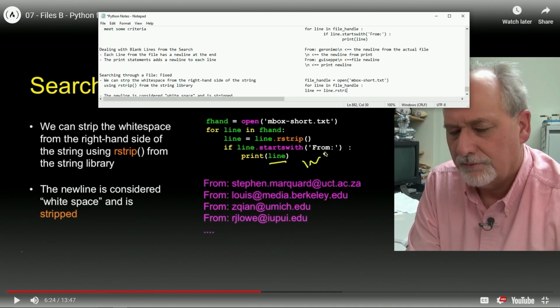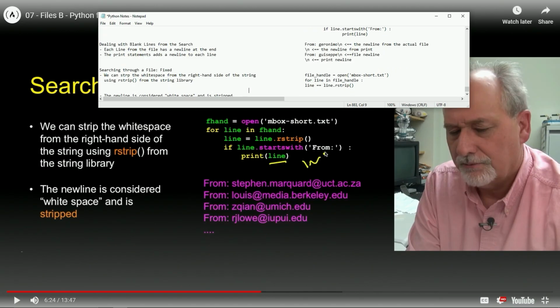All right. And then we're going to do down here an if statement. If line dot starts with, oh, we already got that. Let's grab this, copy it, paste it here. All right. We're going to print line.